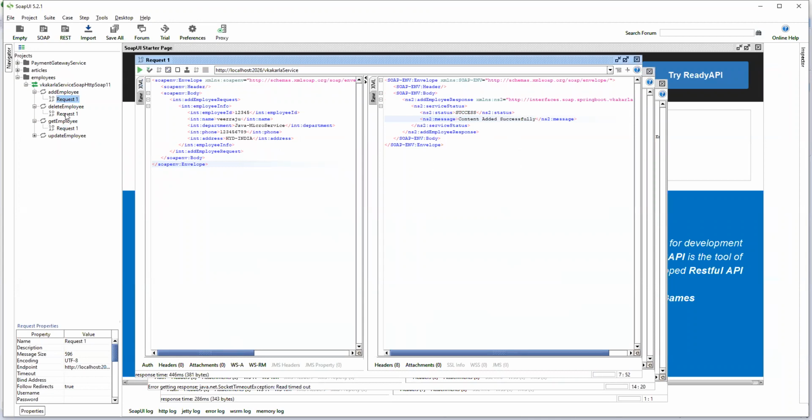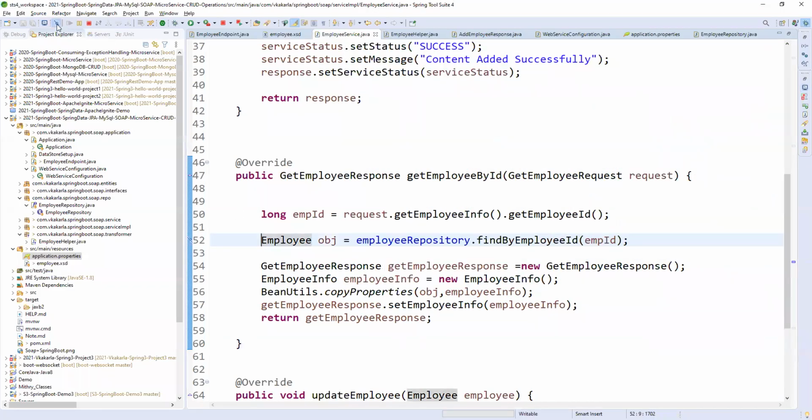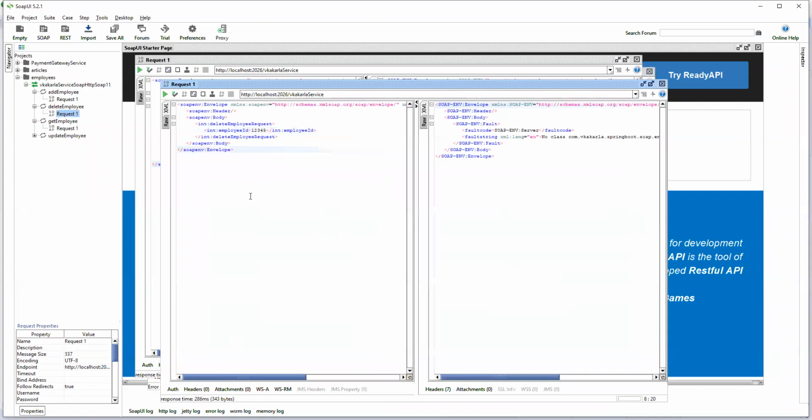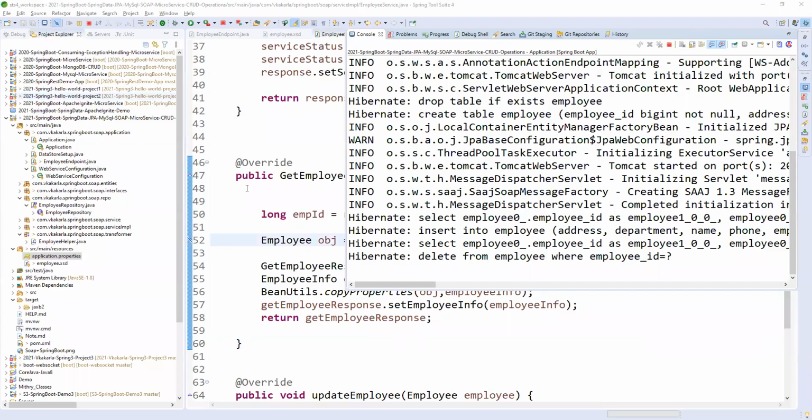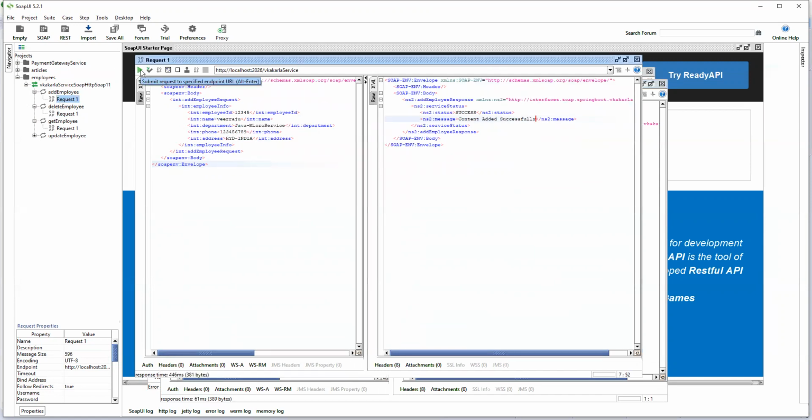So we are getting a response now. Let me disable the debug. After disabling, let me open the SOAP UI. We have already saved the database record. Now I can run this get employee. If you open here, it says success and deleted. Oh, the delete operation we did. Let me save the record again.